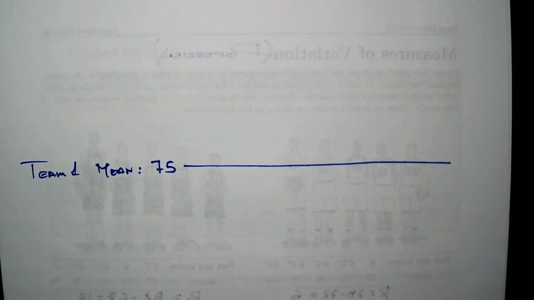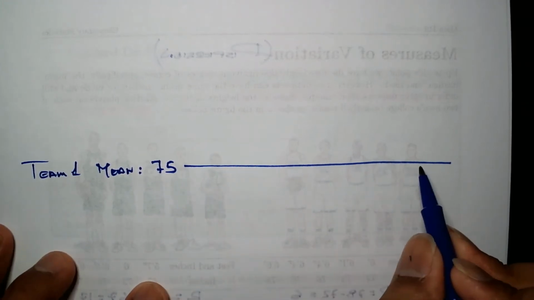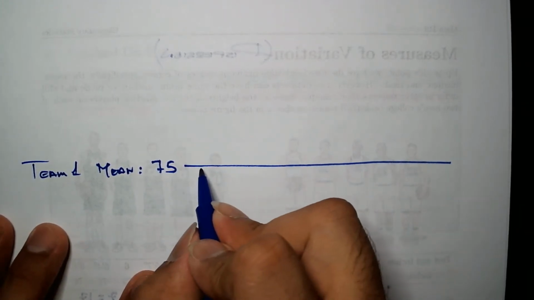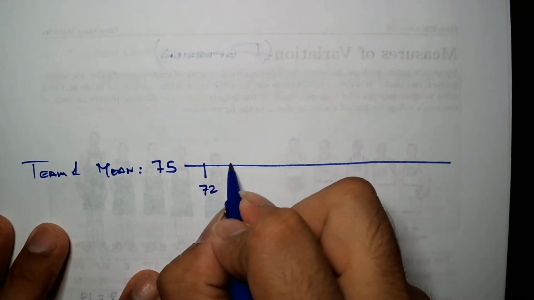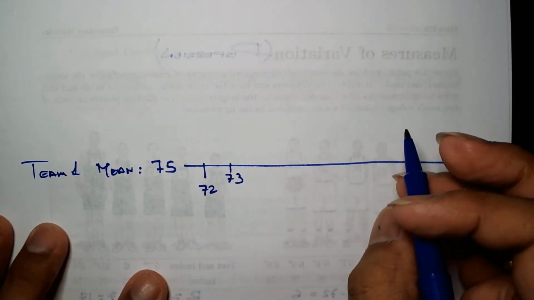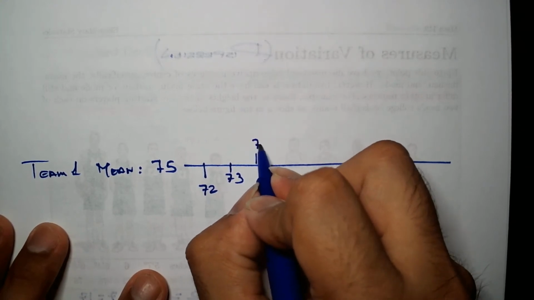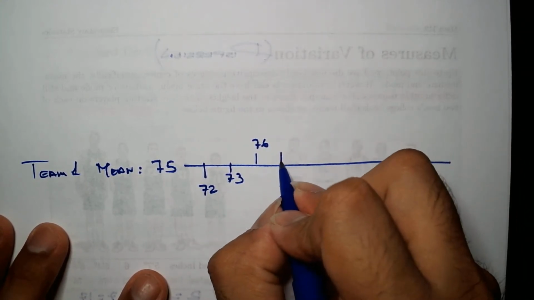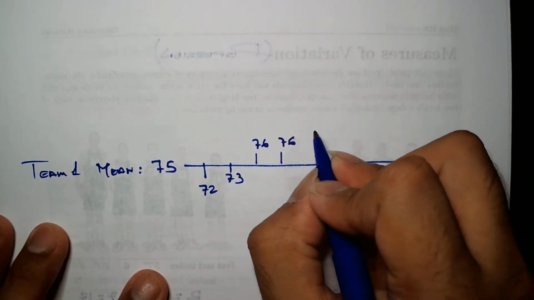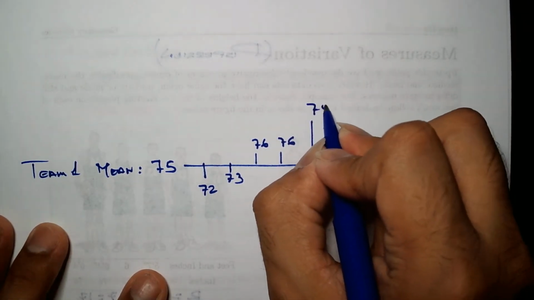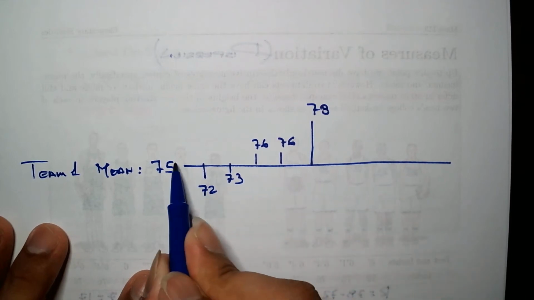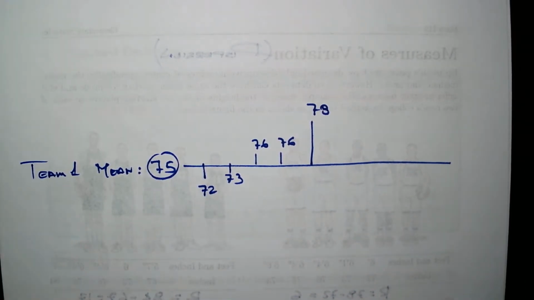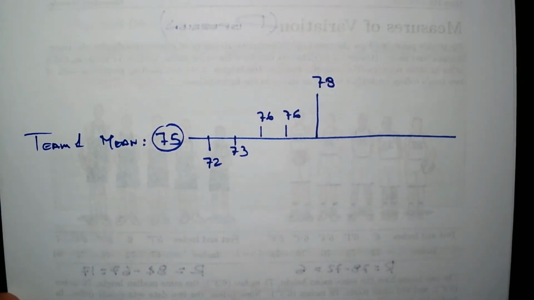However, for the remaining members of the team, if the mean is 75, one of the players is a little bit lower, 72, and then 73, 76, also 76, and then 78. So this is how the data deviates away from the mean of 75, as opposed to team 2,